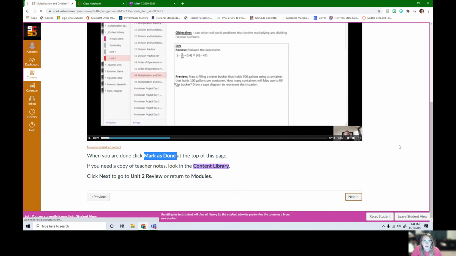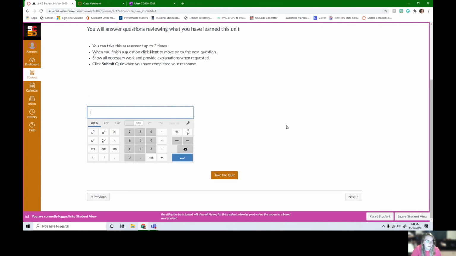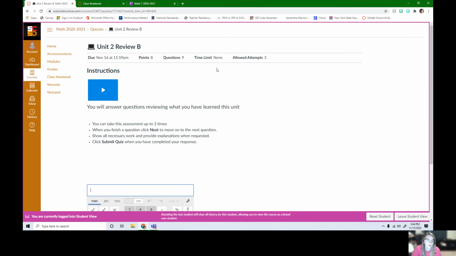So if we click next, it's going to bring us into the Unit 2 review. So this is kind of like a mini version of the test. It's only 9 questions. The first one's always an extra credit question, so it's only 8 math questions. It's just going to practice multiplying and dividing, and if your student has any questions, they should reach out to me or Miss Eastman or Mr. Nasser right away and get help with that before the test for the next day. So I'm actually going to go back